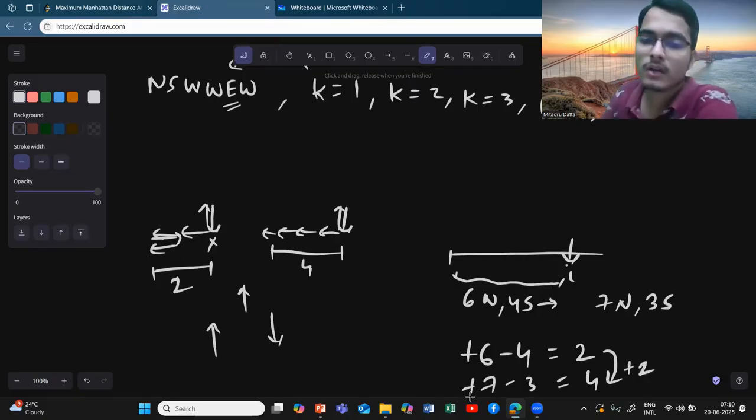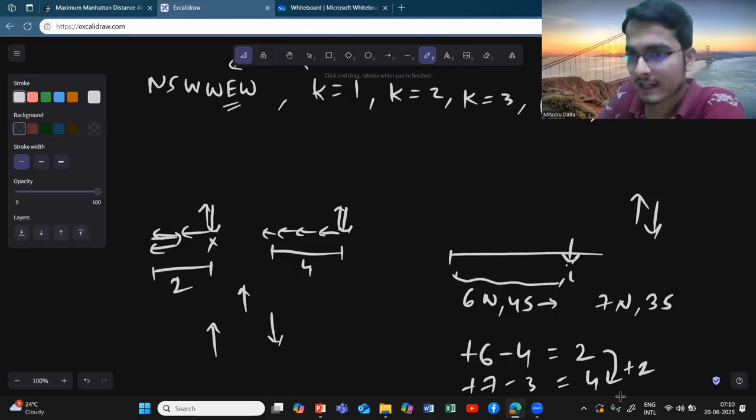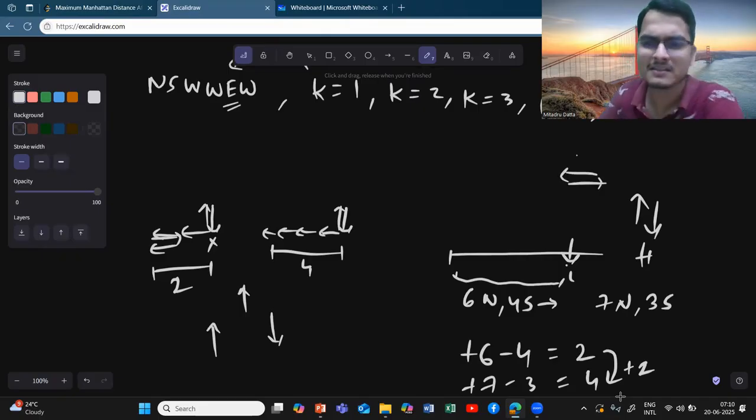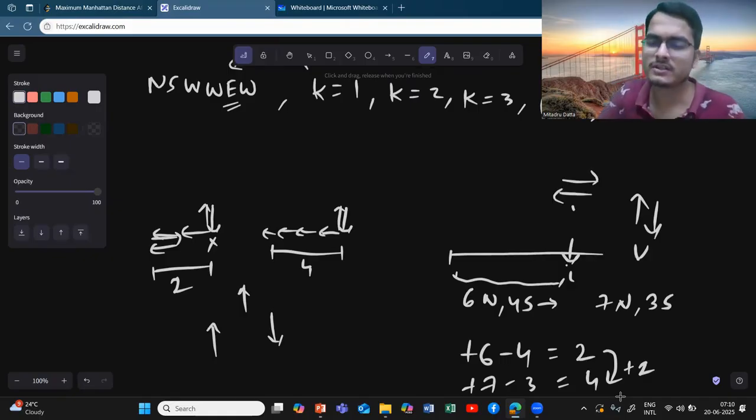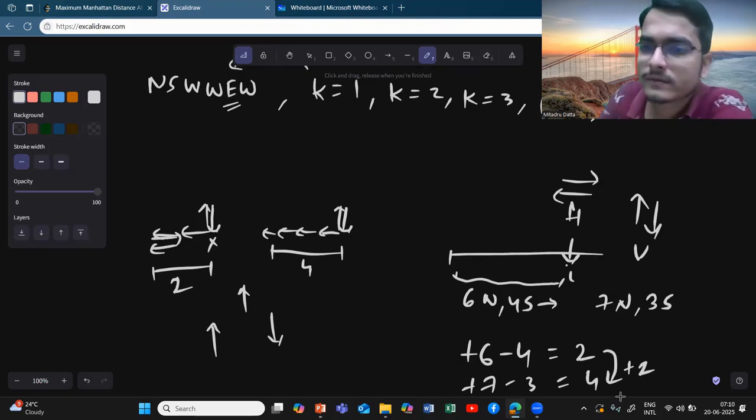Okay, so it is always possible to increase the Manhattan distance by 2. See, you have two kinds of movements. Visualize it as you have two kinds of movements. You can either go in the north south direction, or the horizontal movement, I will call it horizontal movement, or you can go east west. Okay, sorry, this is not the horizontal, this was the vertical movement, and this is the horizontal movement, whatever. Okay, you just name it. So if you call this east west and this north south, horizontal and vertical movements, you see that